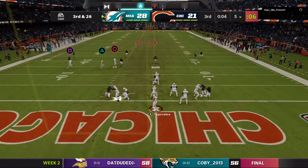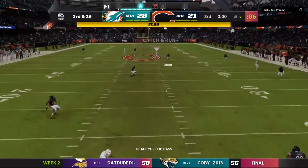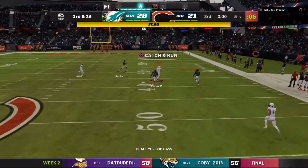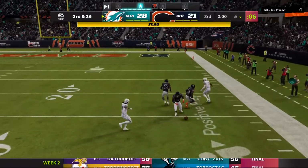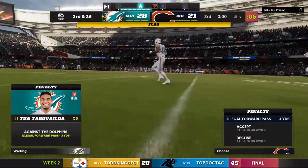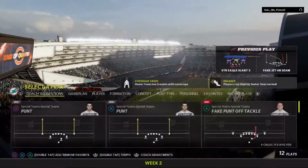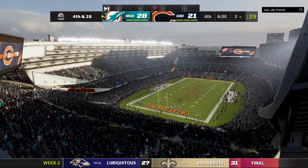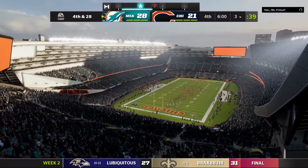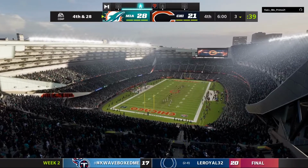And instead, they want to throw it off play action. He's letting this one go for Fuller. And that's going to wind up incomplete. However, we do have a flag down. Let's check in with our referee. So he was past the line of scrimmage when he threw it. And as they say, that's a no-no. Got to be able to understand where you are on the field and not cross the line before throwing the